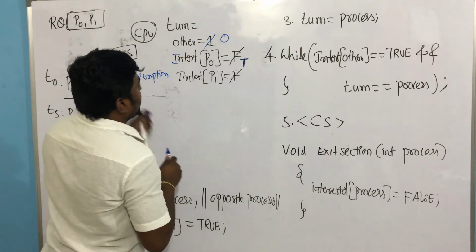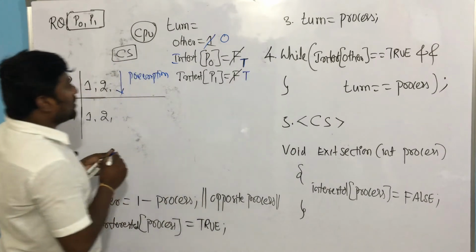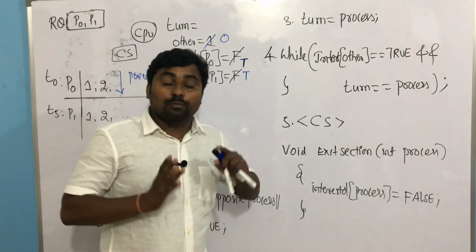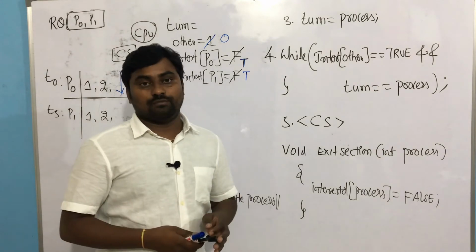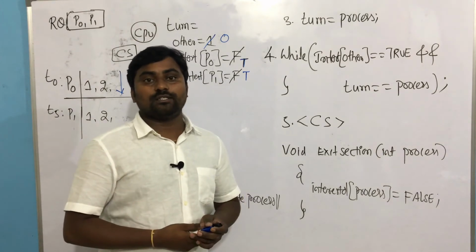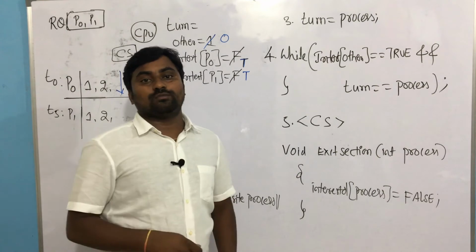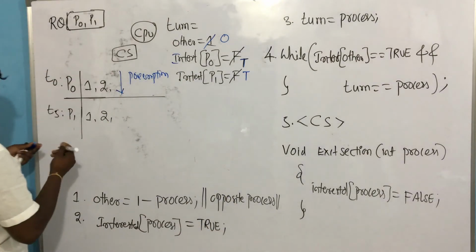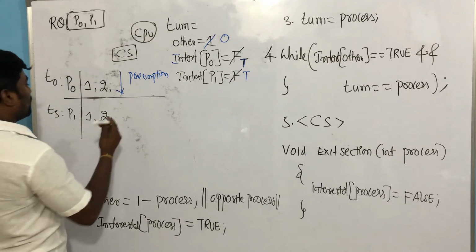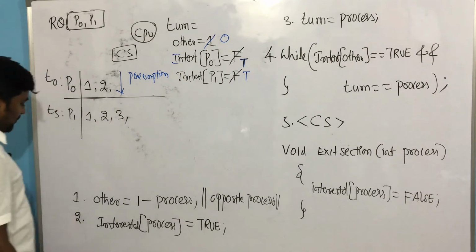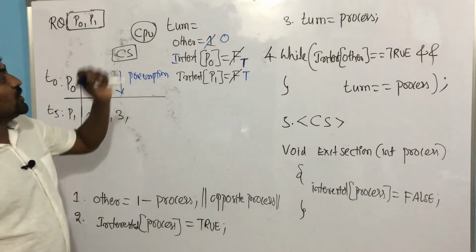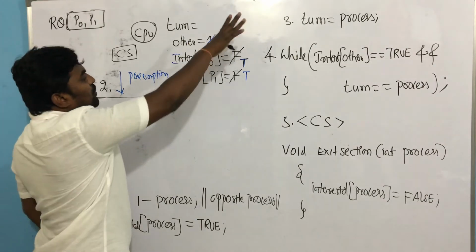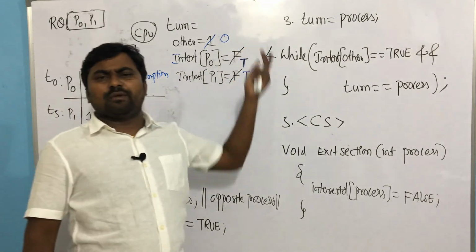So now look this point. This also is true, meaning P1 also is interested to use the critical section. Now the point will come. See, both are interested now. Yes or no? Now the role of turn will come. Now both are interested. Third instruction. Let me allow even the third instruction to execute. Now third, what is third? Turn equal to process. So now P naught is interested, P1 also interested. Now anyone can make the turn value, correct?